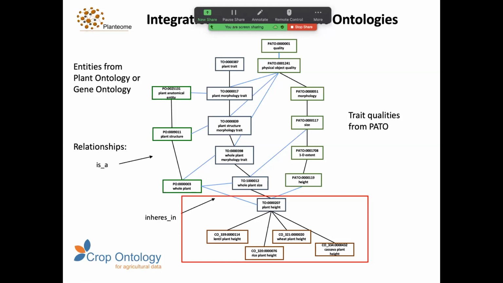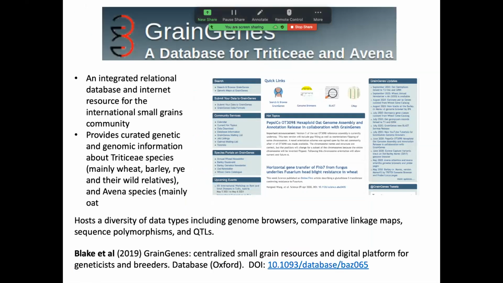And this just gives a little example. This hierarchy here is the TO hierarchy, and it shows how it interacts with PATO and with the PO through the relationships of is_a and part_of and so on. So, the new integration with GrainGenes is very exciting, because GrainGenes is an integrated relational